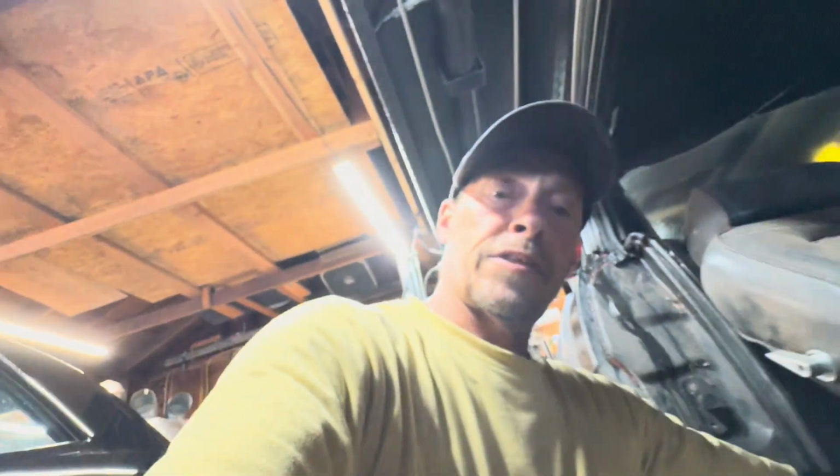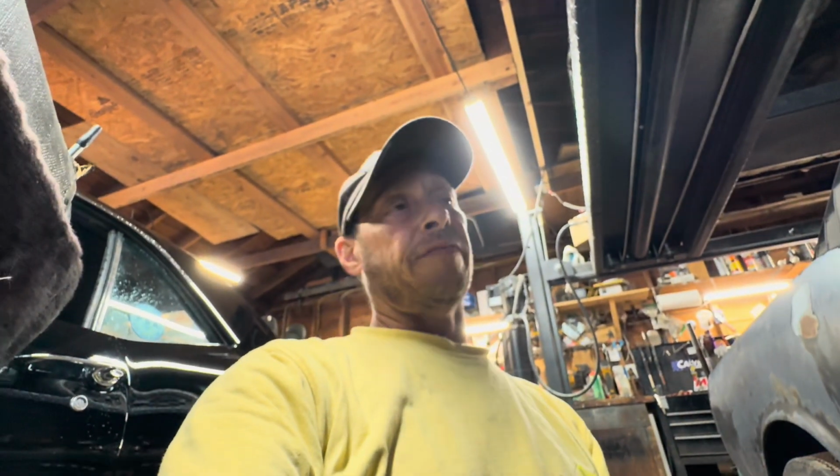That one's got to be... I'm just going to do front to back floor pans. I don't know if I'm going to do a one-piece pan, depending on how nice I want to make this car. But I really think, you know, we kind of